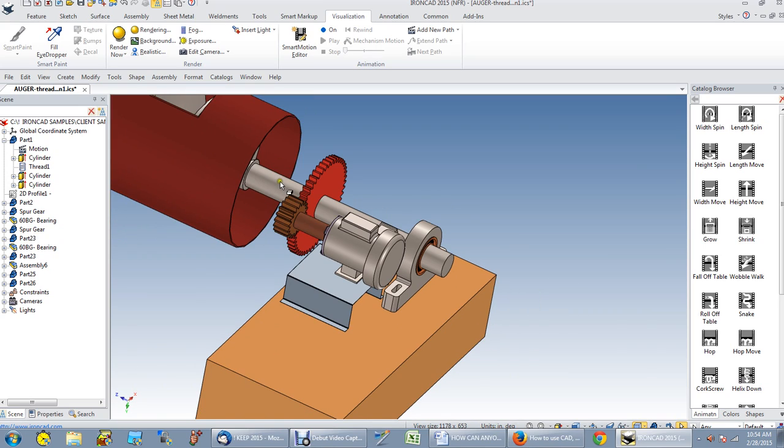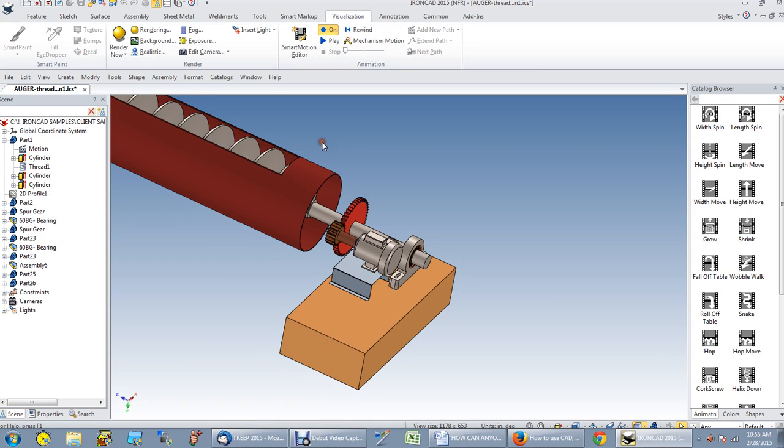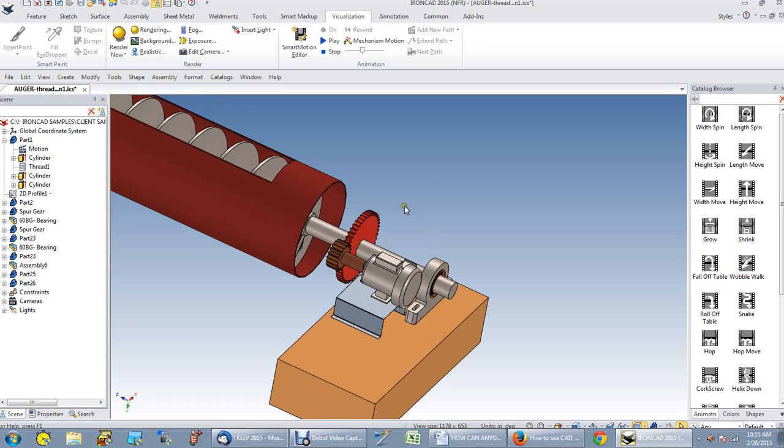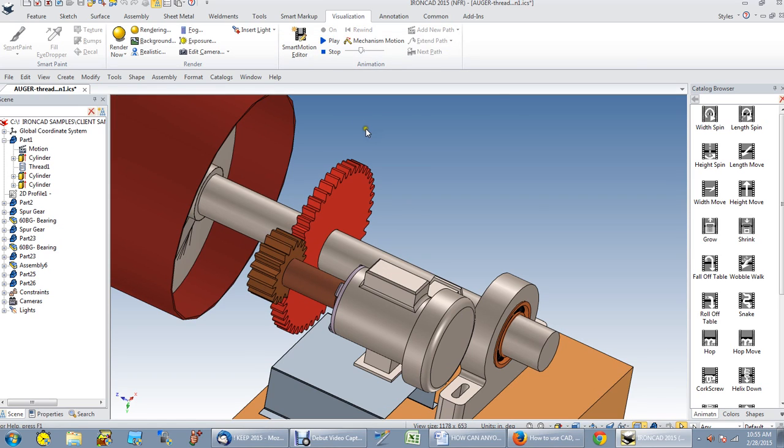So now if I go to my visualization tab, I go to my animation section, turn the animation on, and I just play the animation, and it looks like things are moving in all directions. Perhaps not the directions I want them to move. Let's examine these gears. So the brown gear, I want that to turn counterclockwise. So let me turn this off, pick the gear again,